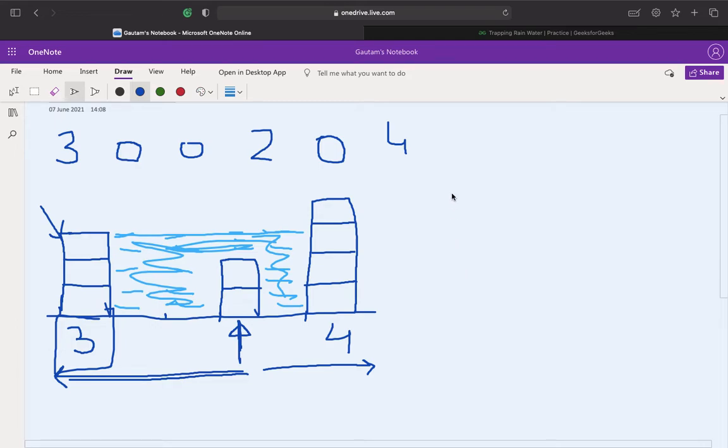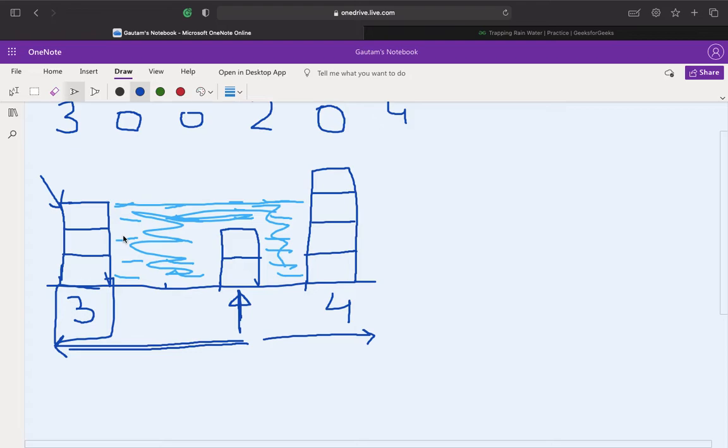So what we need to do is find the leftmost maximum block and the rightmost maximum block, take the minimum of these two, and then subtract the height of the block itself, and that will give us the amount of water that can be trapped for that block. So the minimum of 3 and 4 is 3, and 3 minus 2, which is the height of the block, equals 1. So 1 is the amount of water that can be trapped, right?